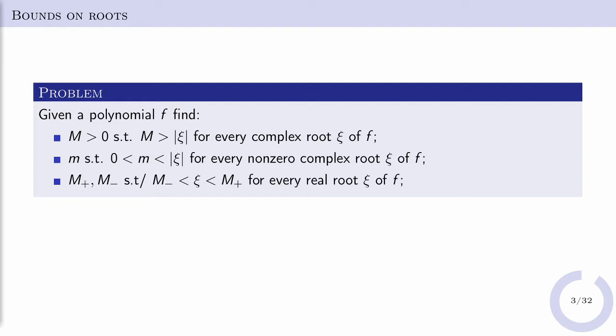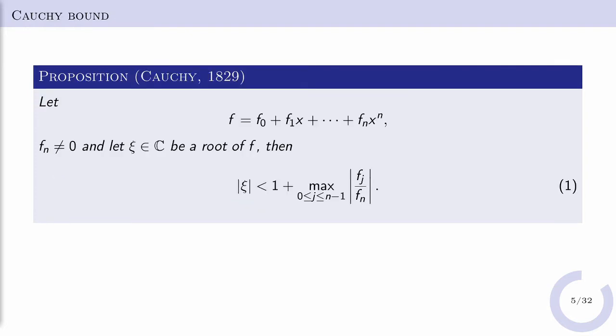Historically, the first ever bound for roots, as far as I'm aware, appeared in the book by Cauchy in the first half of the 19th century. This Cauchy theorem says that if we have a polynomial with coefficients f0, f1, and so on up to fn, then for any root psi of this polynomial, we have such an inequality. We have an upper bound for the root of the polynomial in the form 1 plus the maximum of the absolute value